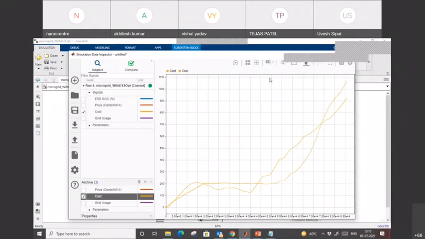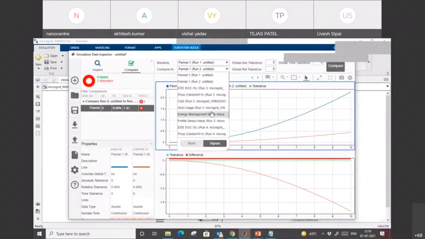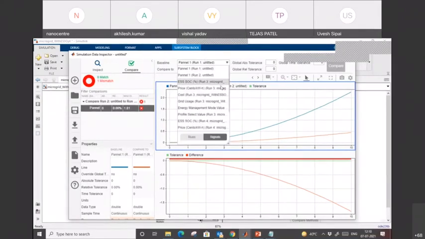Also, if you want to compare, just go into compare, and you can check the difference of the cost. So I am going to compare the cost in the third run, and here we have this run.